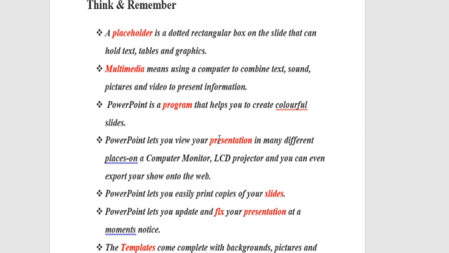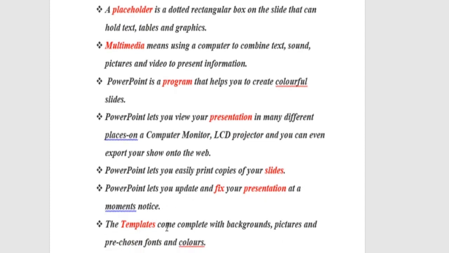PowerPoint lets you easily print copies of your slides. PowerPoint lets you update and fix your presentation at a moment's notice.